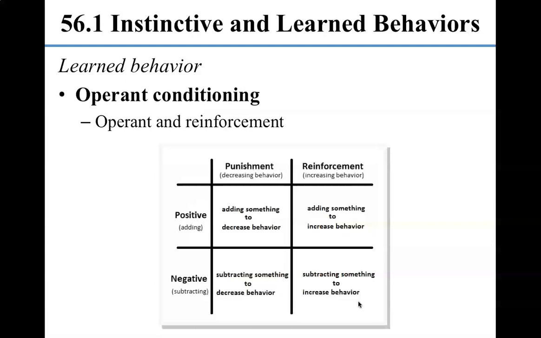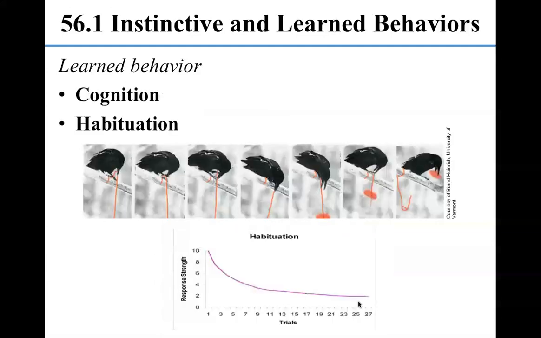So the book gives several examples, like they put rats in a cage where there's a bar, and if you push the bar, it gives them some food. And so they learn that pushing this bar gives them food, so they're more likely to spend a large portion of their day pushing a bar, hoping to get a reward. In other experiments, which were decidedly more mean, they had it where if a rat pushed the bar, it would get an electrical shock, so that served as a punishment. So over time, you could hardly get the rats to push a bar at all because they were afraid of getting zapped. And so there you decrease the behavior through experience.